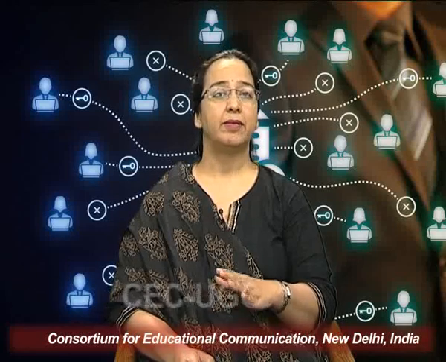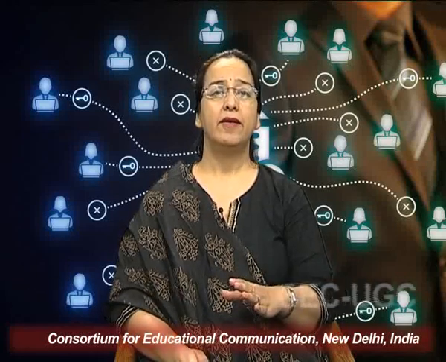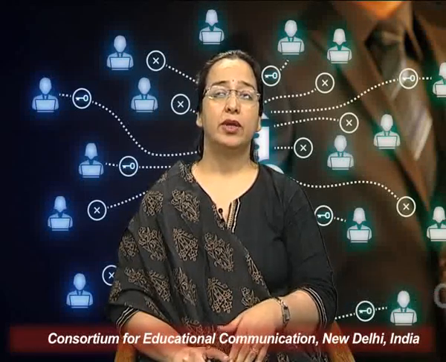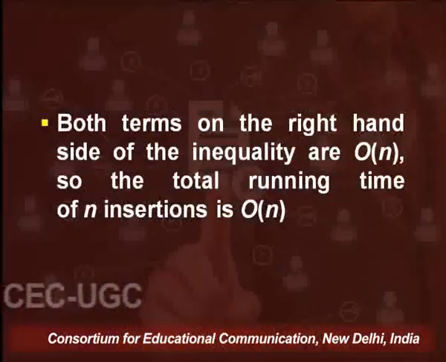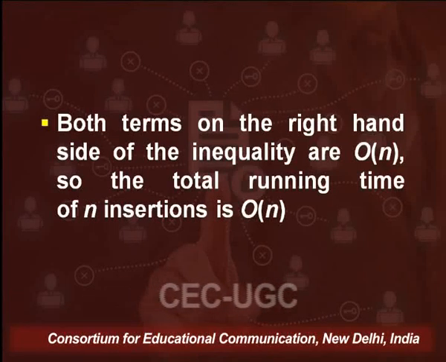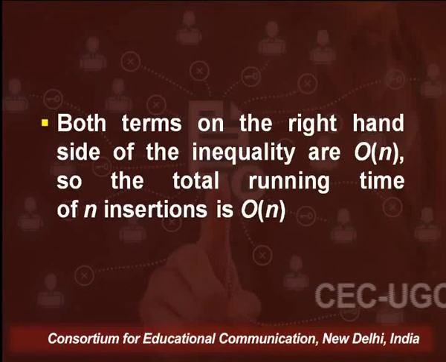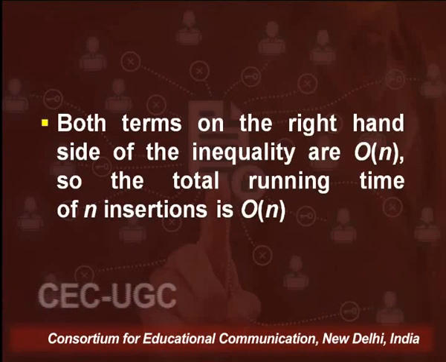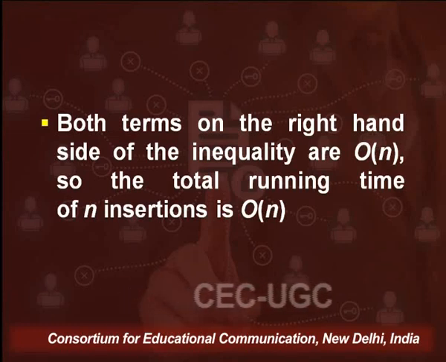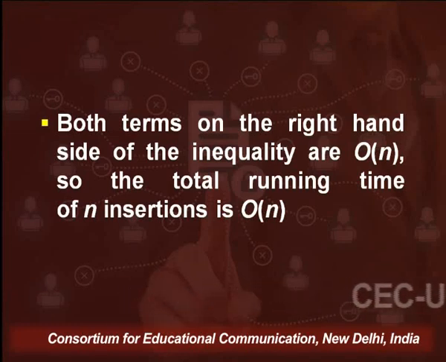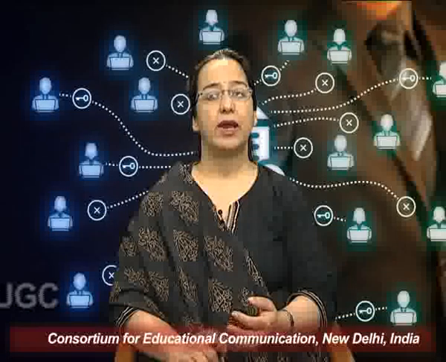So this doubling of the size of the array to 2 to the power j incurs a cost of 2 to the power j minus 1, but this j is ranging from 0 to log of n minus 1. Another term is just the simple Ci, where i is ranging from 1 to n, and this is going to be less than n. So here we can see that both the terms on the right hand side of the inequality are order n.